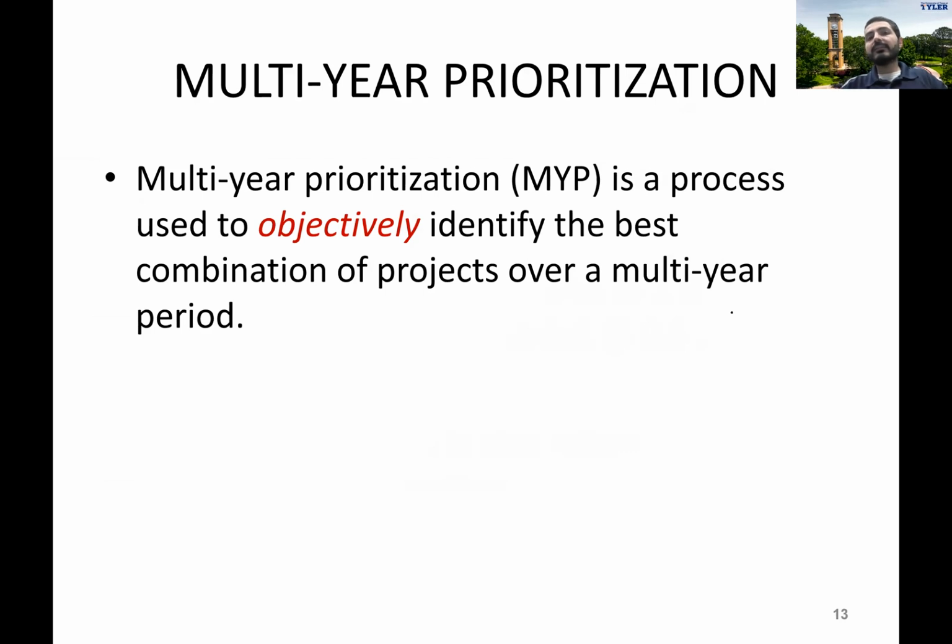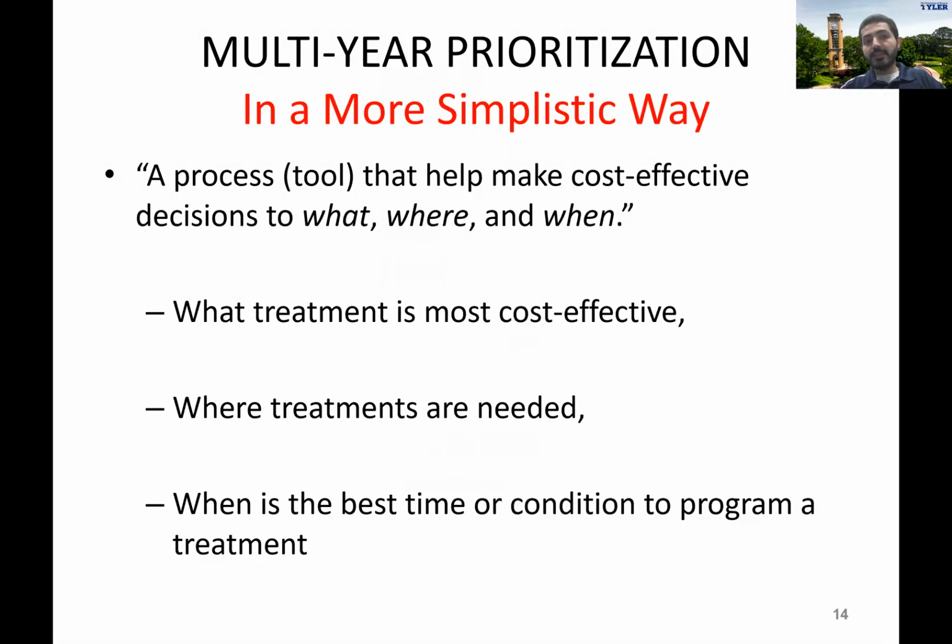Moving now on to the multi-year prioritization. The multi-year prioritization is another process that's used to objectively identify the best combination of projects over a multi-year period. It's a more simplistic tool that we typically use as pavement management engineers to help us make a cost-effective decision on three major questions: what, where,